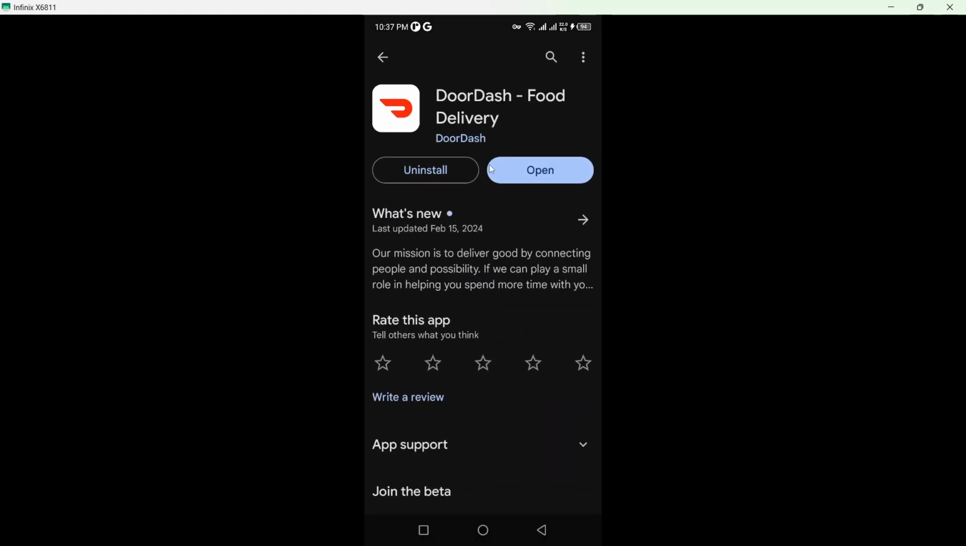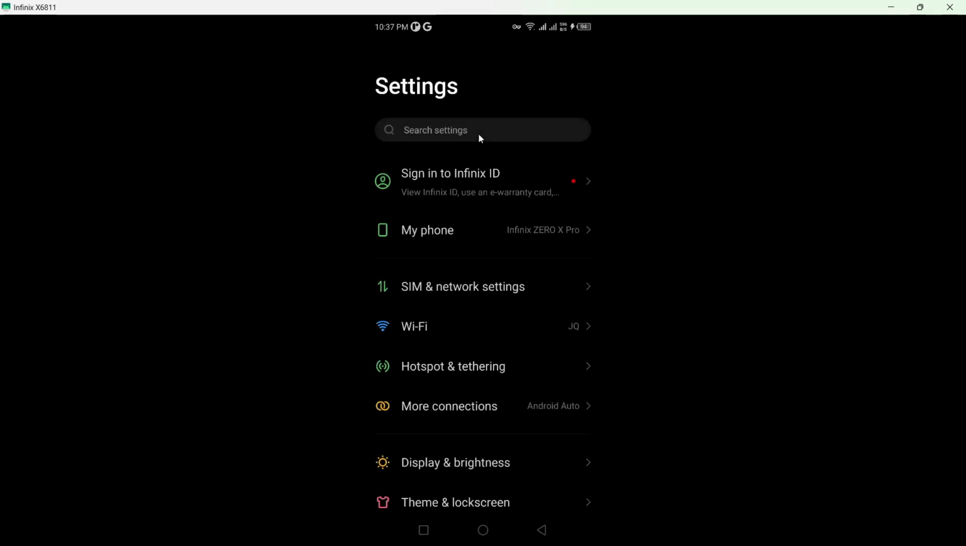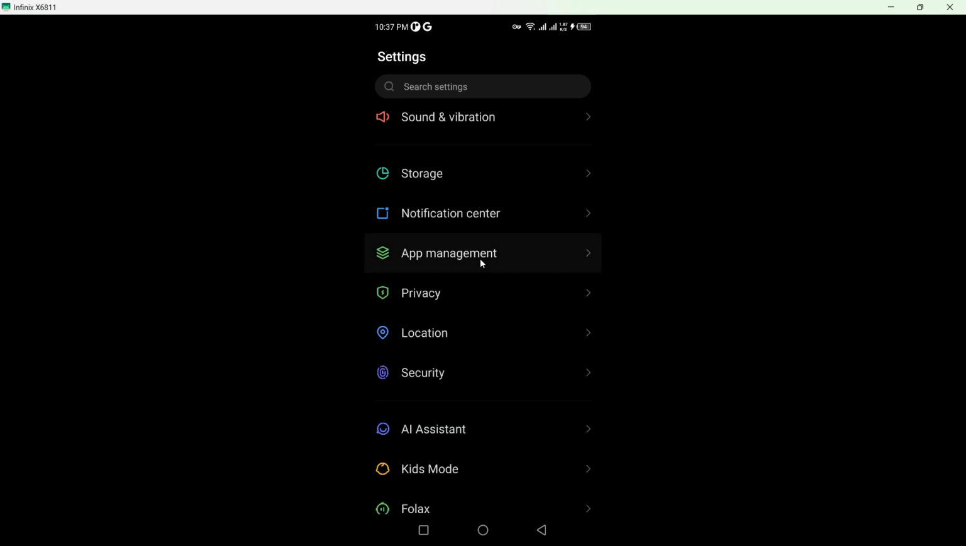Once you are done with that, you simply need to go back and open Play Store and search for the DoorDash and you need to update your application. After that, you need to go into the settings of your smartphone and here you need to go into the